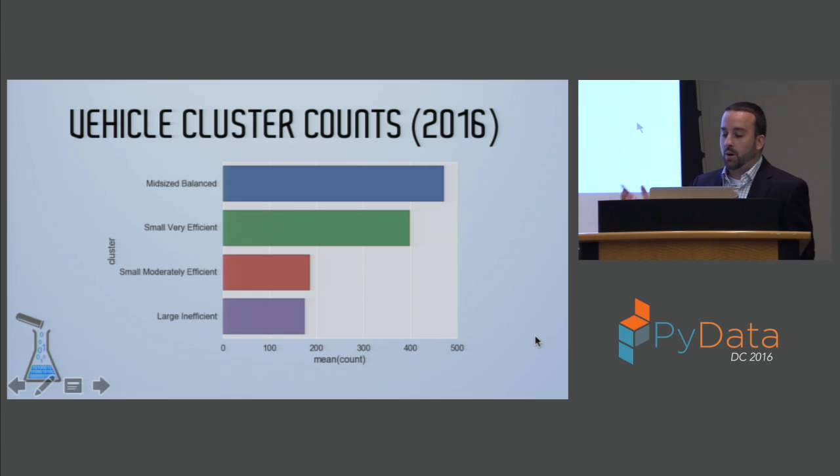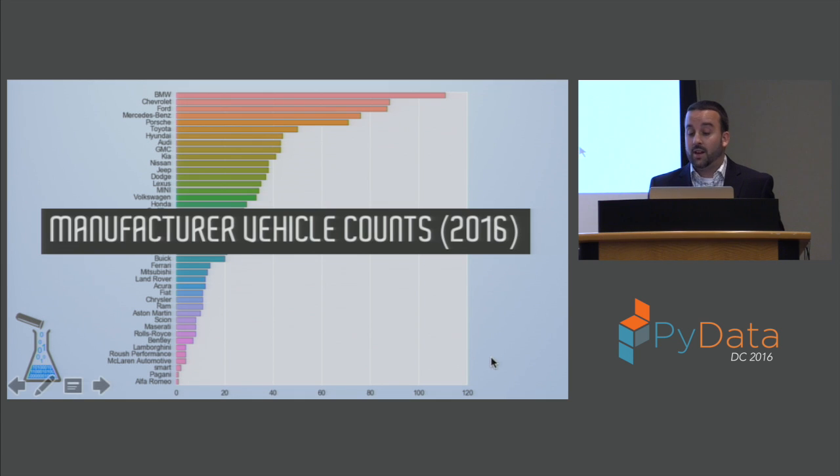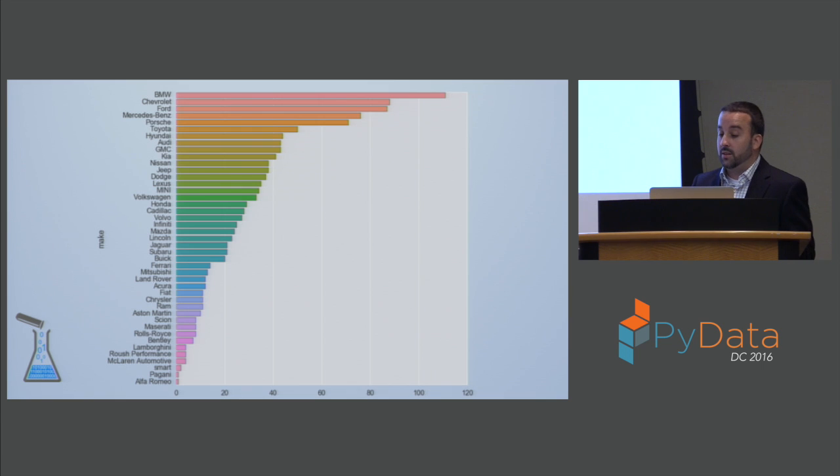And this is great, but what if we wanted to take a look at the vehicle manufacturers, right? Let's say we wanted to know how many models each manufacturer makes, or even which manufacturer currently has the most models out there. Well, we can do that as well by just plugging in the make field. And so here we can see that BMW currently has more models on the market than all the other auto manufacturers, and by quite a bit actually.